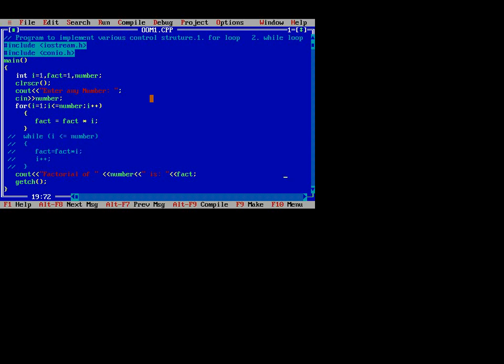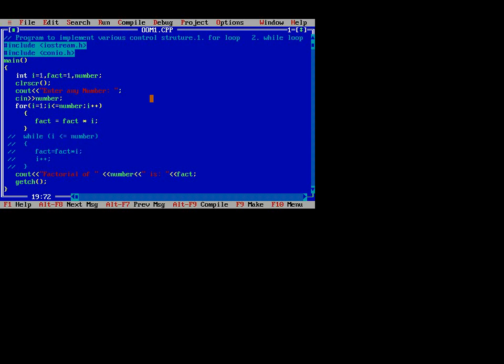Now we enter the main function. The main function is the entry point of the program, that is, from the main function we start the execution of the program. In this program, first we create an integer variable to store the number. Then we read the number from the user to find its factorial.